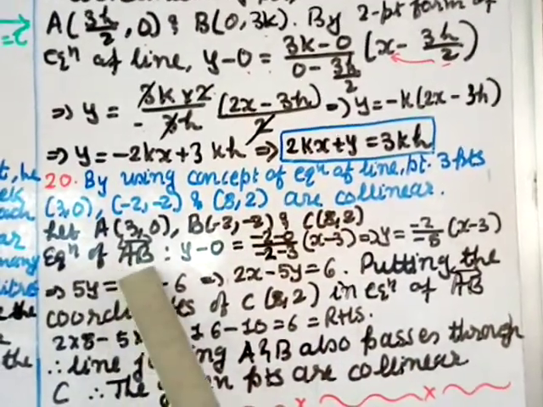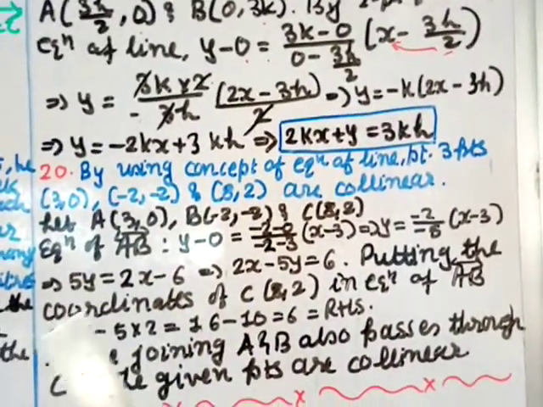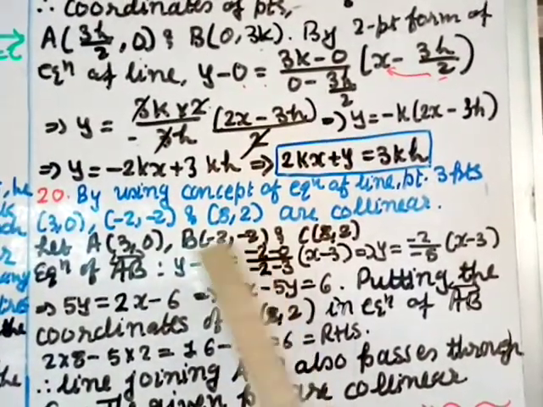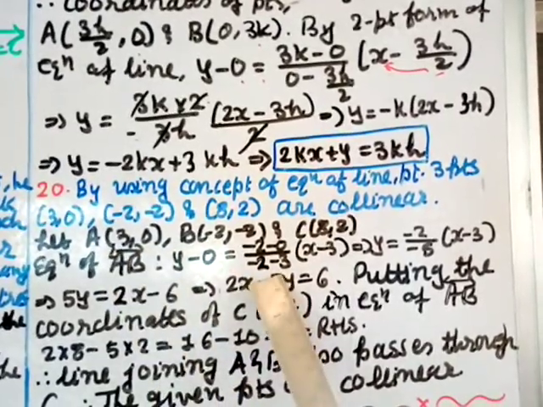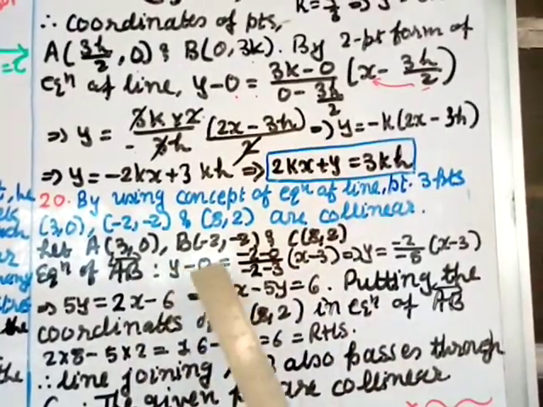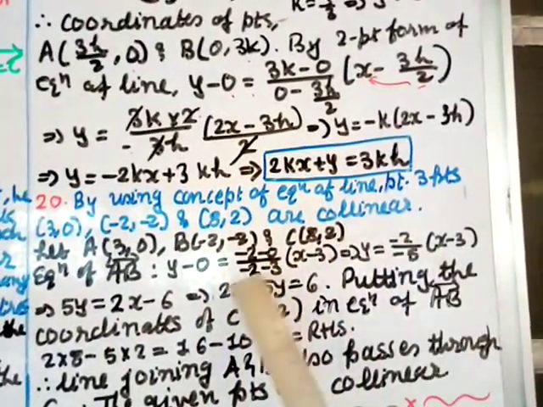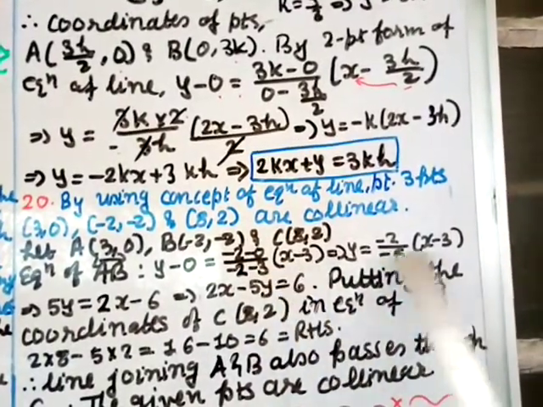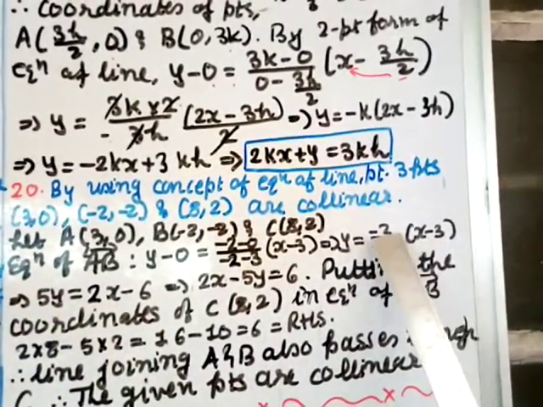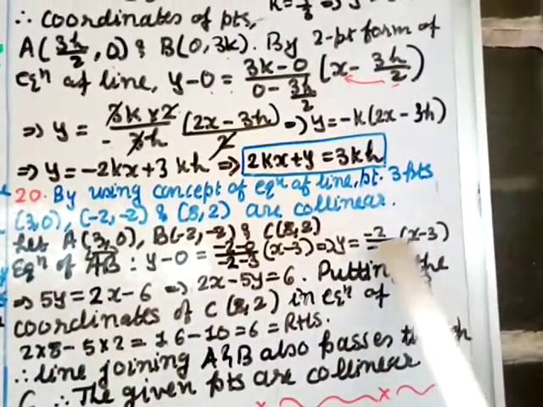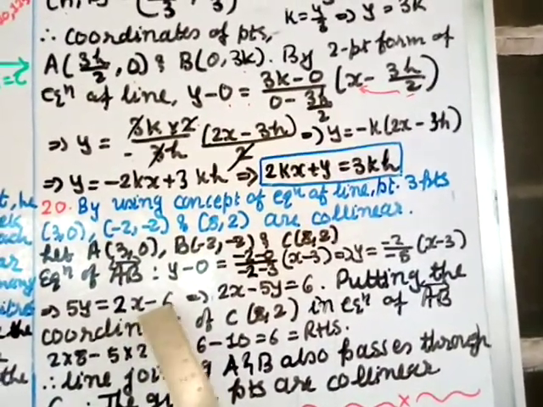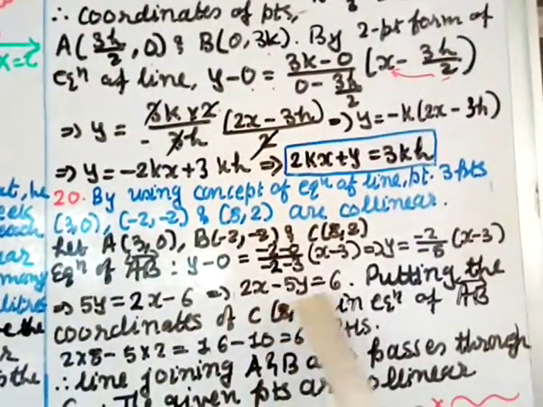Okay, so the equation of the line AB we will find using the 2-point form, slope of line. So y minus 0 equal to (y2 minus y1), so minus 2 minus 0, divided by minus 2 minus 3, into (x minus x1), so x minus 3. Minus 2 minus 3 gives you minus 5, x minus 3 as it is, minus minus cancel, 5 transfer here, so 5y equal to 2 multiplies here, so 2 into x is 2x, minus 2 into 3 is 6, implies 5y transferred over here, and this minus 6 transferred over here, so you get 2x minus 5y equal to 6.